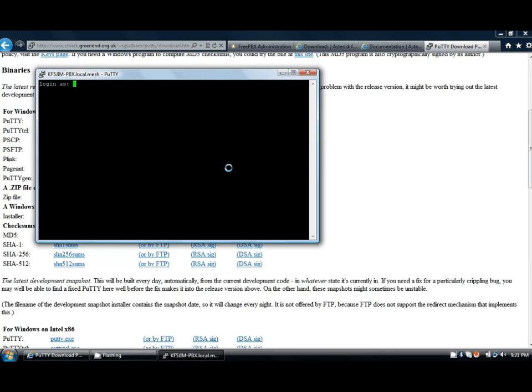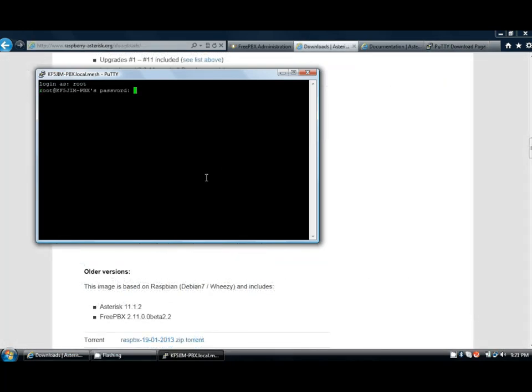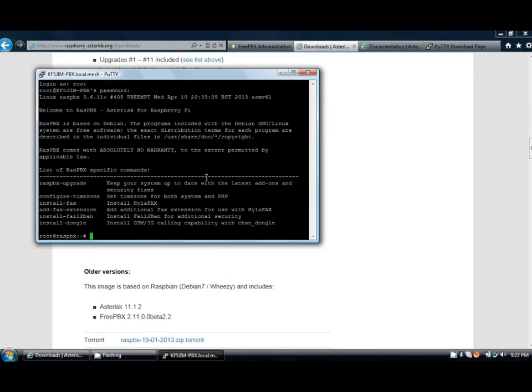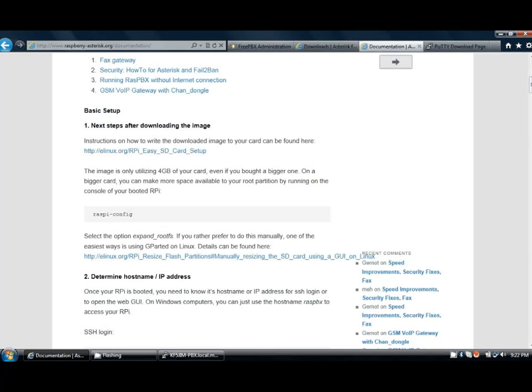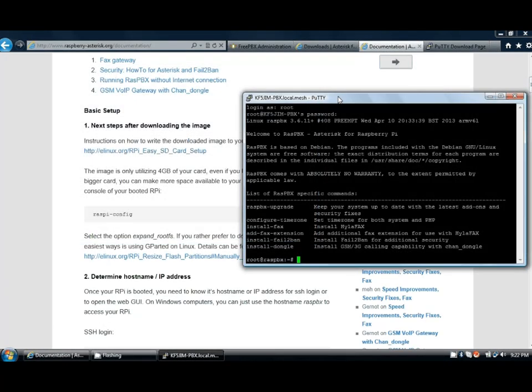Go ahead and tell it yes, and then you're going to log in with the username root and the password. Type in Raspberry, and we press enter. Now we are logged into the FreePBX Asterisk server on the Raspberry Pi. Now if we go back to the documentation and just follow along here, the first thing it tells you